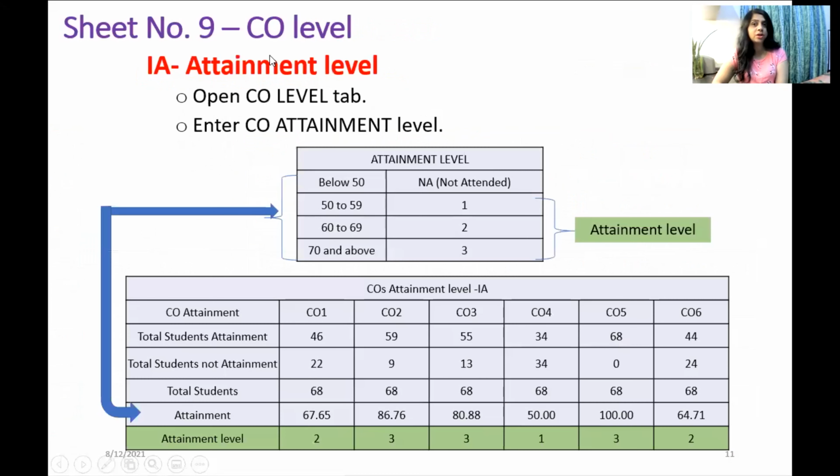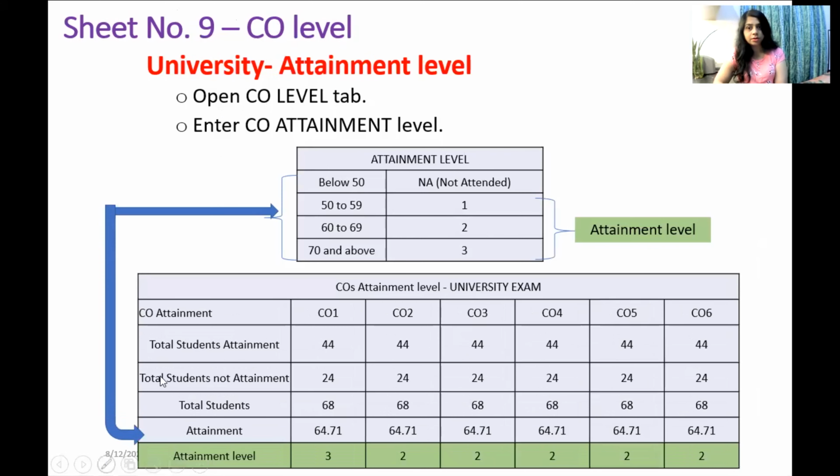After that comes sheet number 9. Sheet number 9 is CO level, internal assessment attainment level. Here we calculate the attainment level of internal assessment. So first you have to open this tab, then enter CO attainment level. This format, this table, is already available.